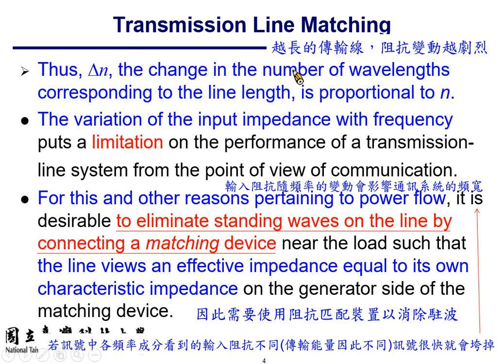So as a result, the change in the number of wavelengths is proportional to the length of the transmission line. And as I already told you, the variation in the input impedance with respect to frequency will limit the performance of a transmission line system or wireless communication transceiver system. So for this reason, we need to reduce the amount of standing wave to maintain a good performance for the transmitter,